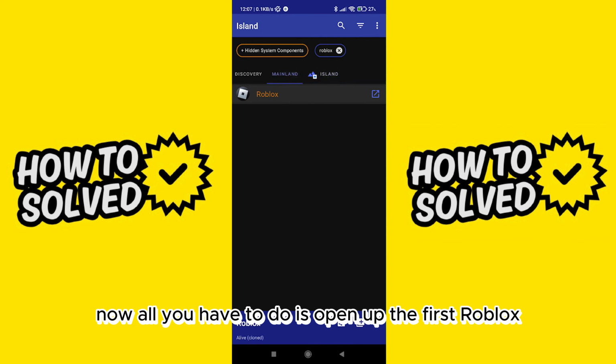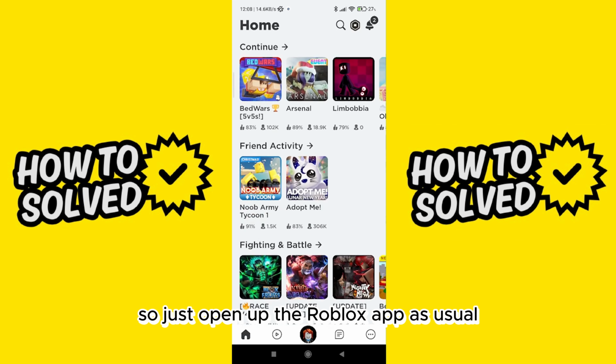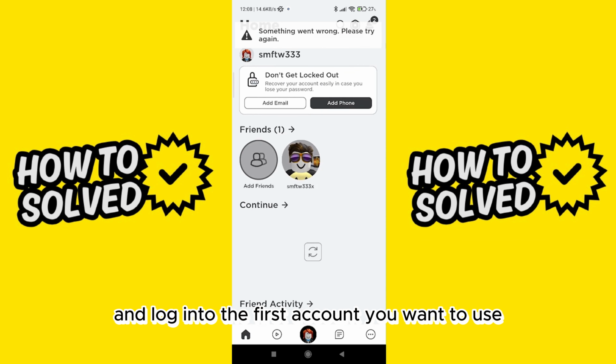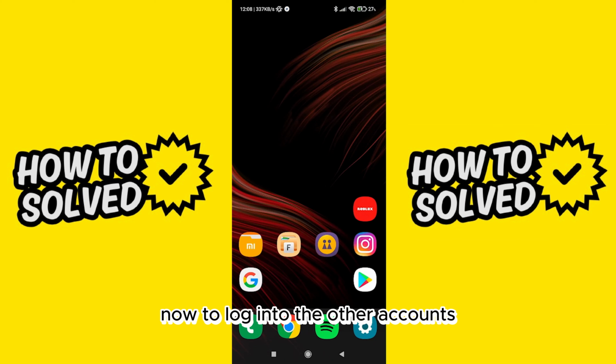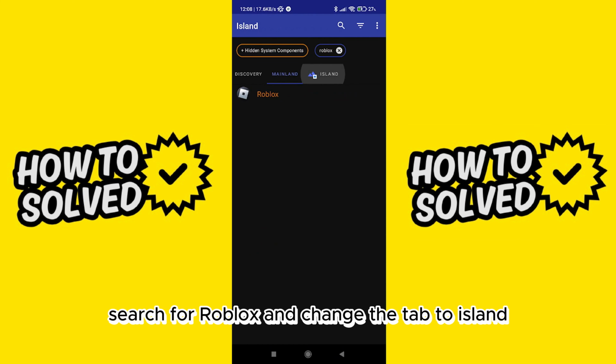Now, all you have to do is open up the first Roblox account manually, so just open up the Roblox app as usual and log into the first account you want to use. Now, to log into the other accounts, just open up the Island app, search for Roblox, and change the tab